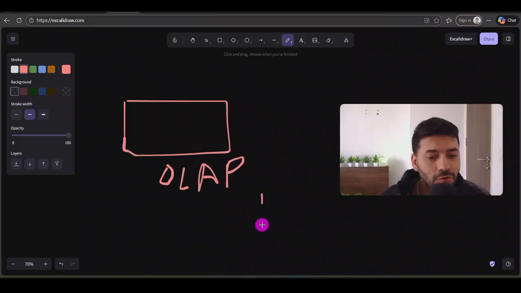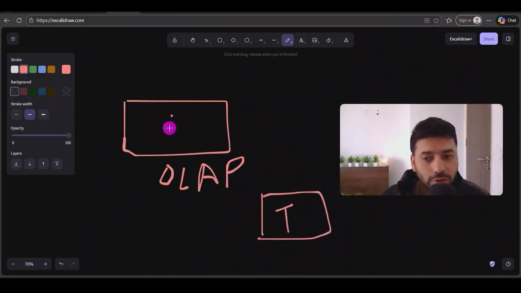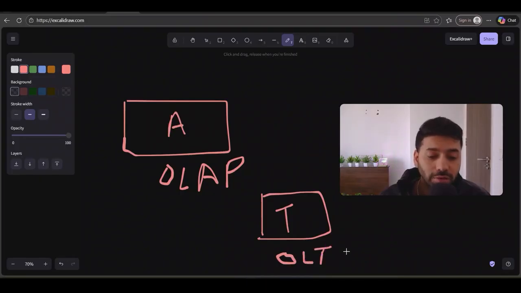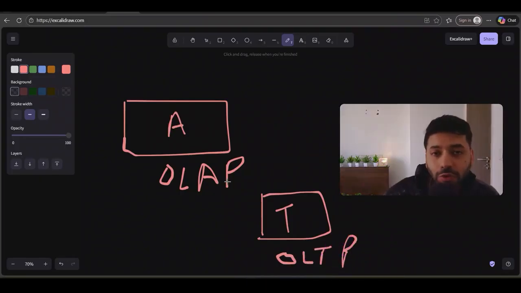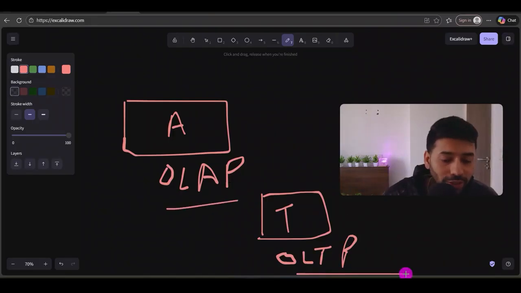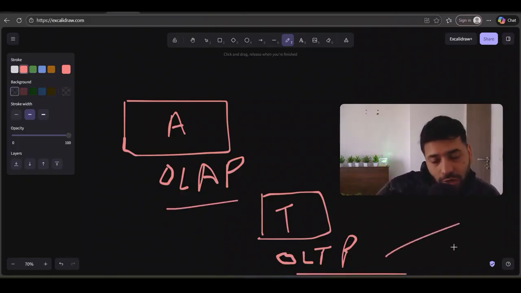Okay, and if you have to perform transactions, okay, so this was for analytic purpose, and if you have to perform some transaction, then you should choose the OLTP category, right? So with this, the interviewer will get to know that you have clarity about these categories as well, like OLAP and OLTP. Like you know when to use OLTP for day-to-day transactions related to your business, where end user